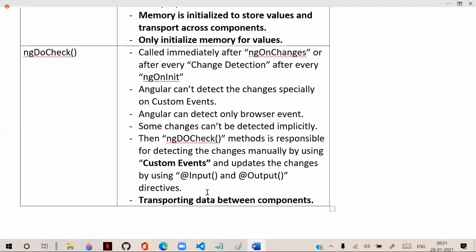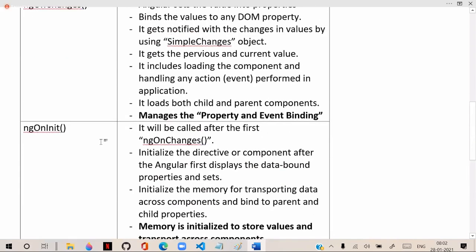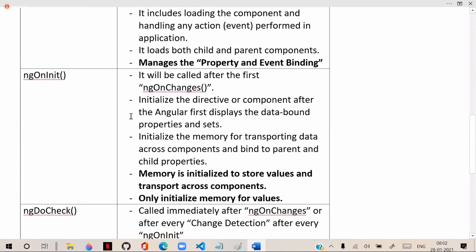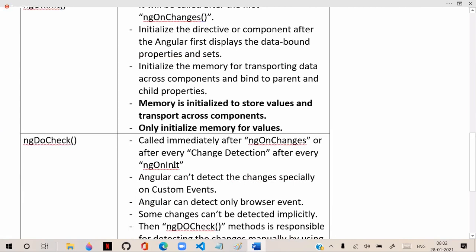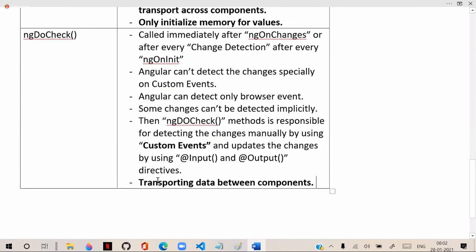Memory is initialized for transporting data in ngOnInit. After initializing the memory, the data transportation from one component to another component usually happens through custom events. And these custom events are responsible for transporting data from one component to another. So remember, in the majority of Angular interviews for experienced people, a lot of questions are asked related to lifecycle